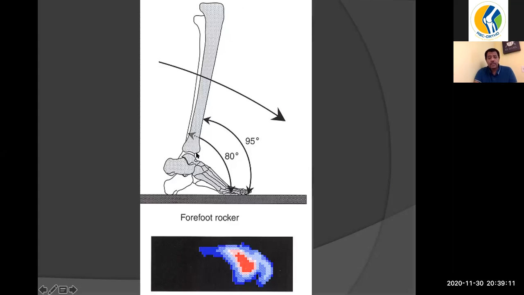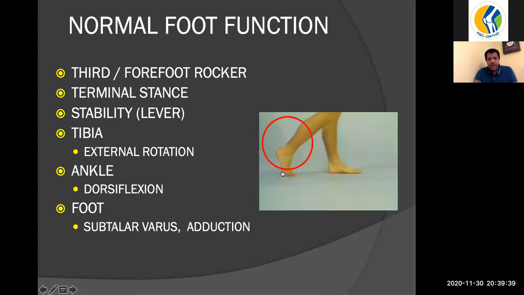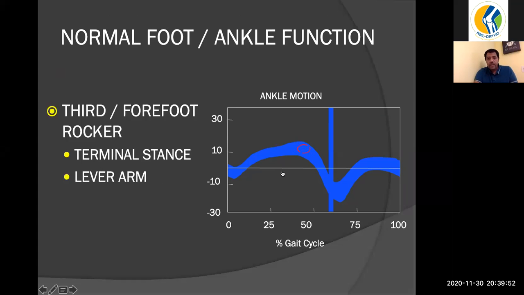نجي للثيرد روكر. الثيرد روكر قلنا نرجع للمرحله الاولى اللي هي الفيرست لوكر، بيكون الانكل لوكت، الهايند فوت لوكت، لكن بيحصل هنا شويه فلكسبيليتي في الفور فوت. في الفوت برينت بيكون كل الويت ترانسميتد ثرو ذا ميتاتارسل. يعني احنا اذا عندنا واحد عنده fractures في الميتاتارسل هيدز he cannot apply this movement، اوكي، اللي هي زي ما شايفينها احنا هنا، اللي هي دي بيحصل فيها شنو؟ برضه بيحصل فيها external rotation، بيحصل فيها dorsiflexion and subtalar varus and adduction which is very similar to the second rocker. لكن في المرحلة دي احنا بنيجي هنا بنيجي ماشيين على شوية more